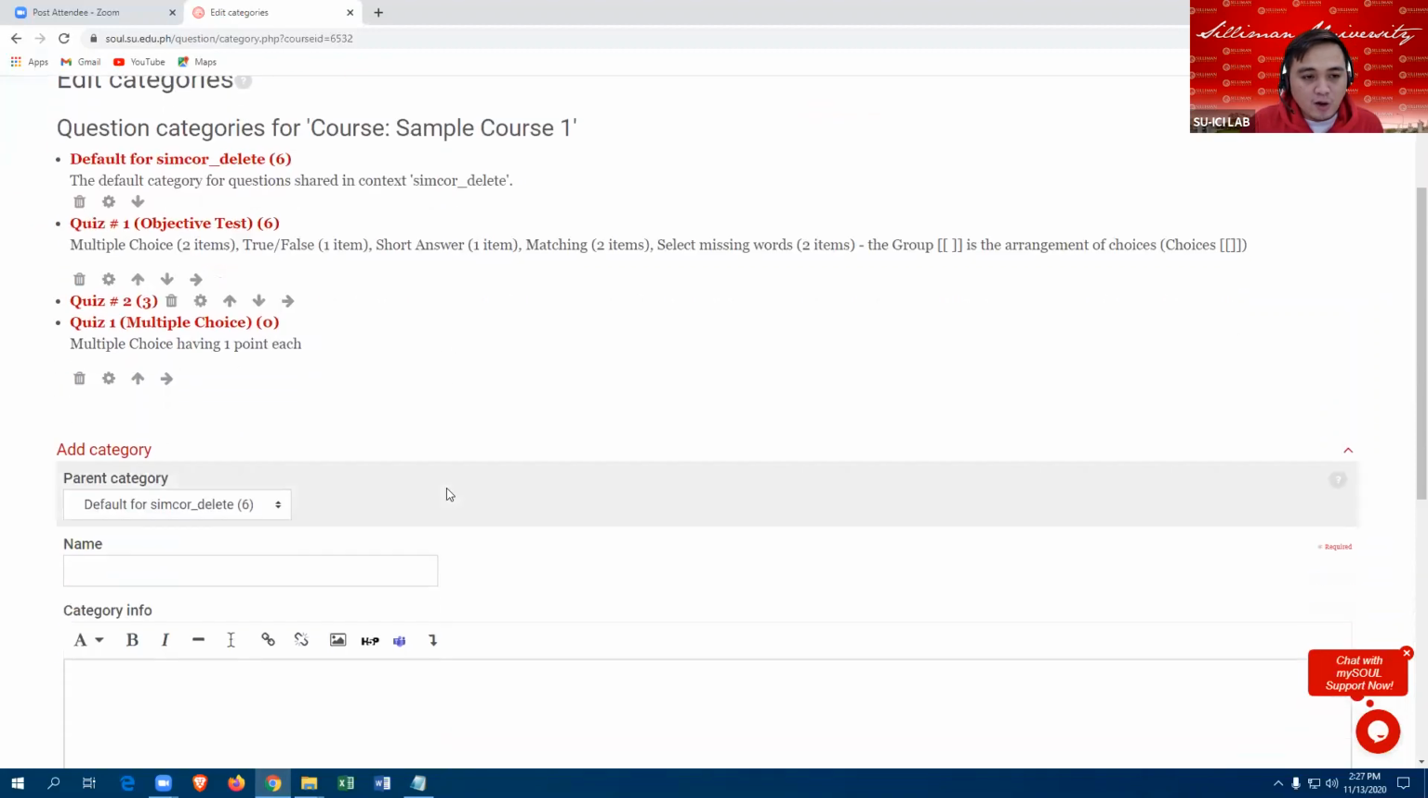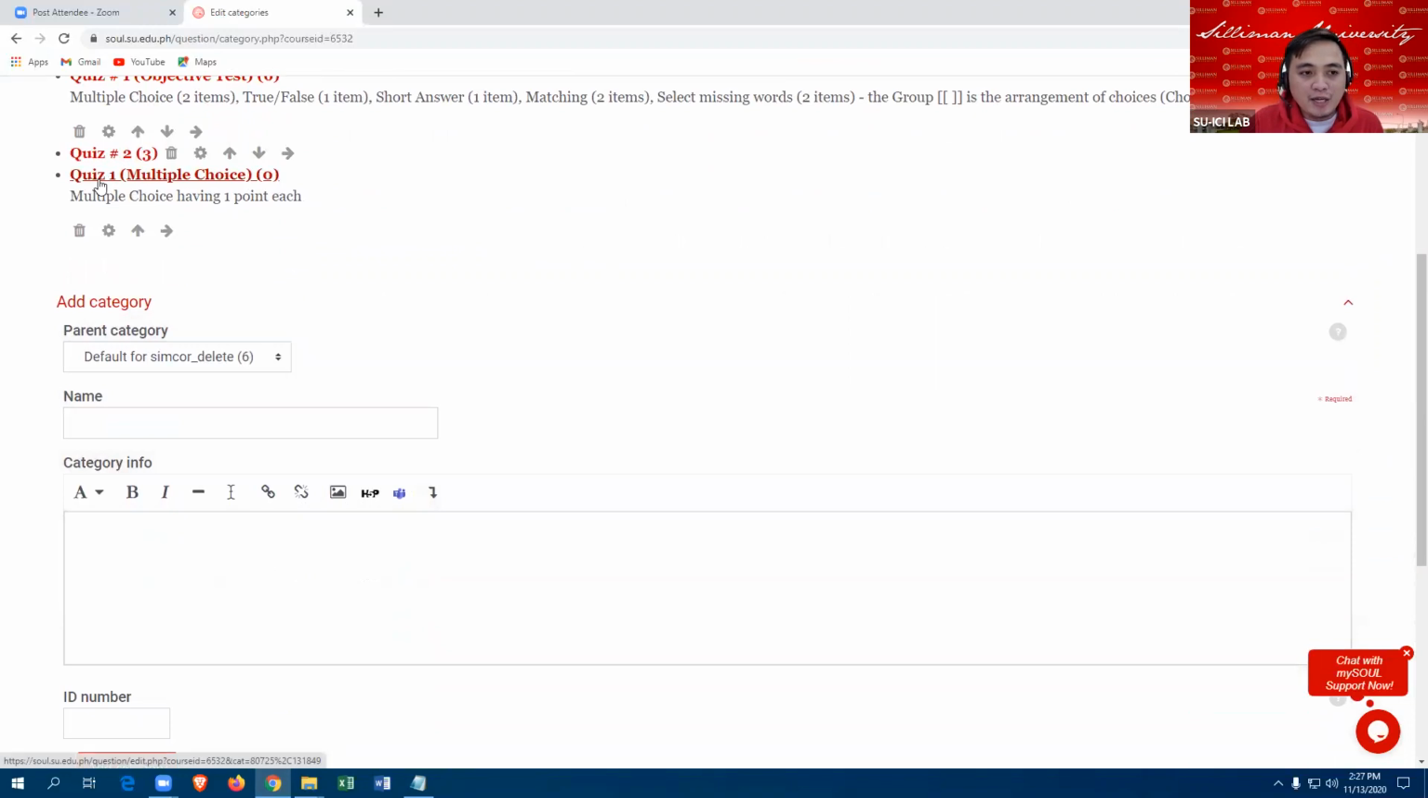So you can scroll down and you will see your newly created question bank. So the name of the question bank, we have quiz 1 multiple choice, and then a sort of reminder or note that this is multiple choice having 1 point each. And then we can start adding the questions inside the question bank. So kindly click your question bank name. So example, quiz 1 multiple choice, kindly click that one,